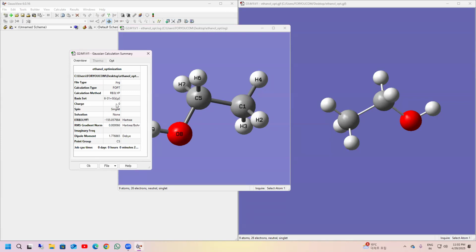What is the overall charge of your system? 0. What is the spin state? Singlet. Is there any solvation? No, because we did it in the gas phase energy. Then what is the energy? What is the overall energy of your system? The overall energy of the system is minus 155.057984. Whatever energy calculation you do in the Gaussian software,